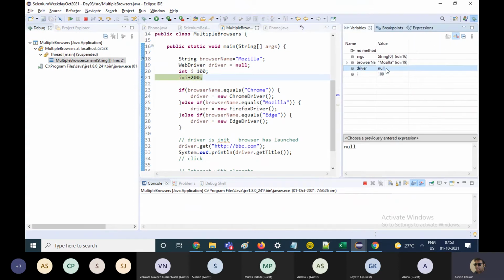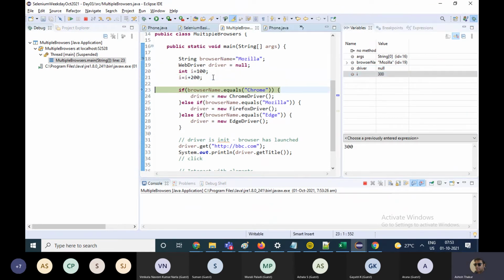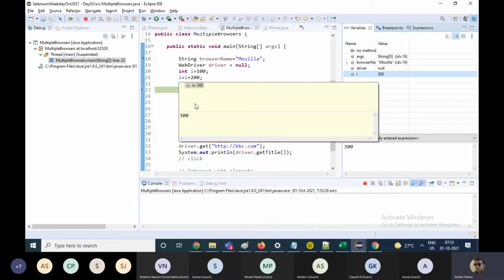See, driver is null right now and i is equal to 100. If I hit F6, i will become 300. You can also move the mouse over i and see the value of i at runtime.